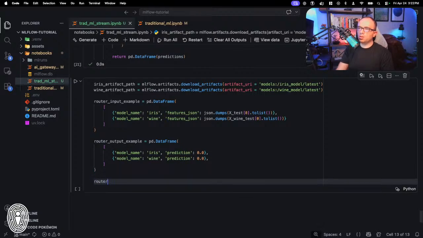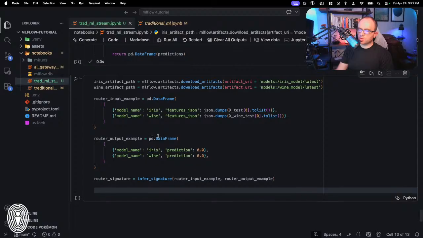We're going to say router_signature equals infer_signature, and we're going to pass in our router_input_example and router_output_example. And then finally, we are going to register this thing.